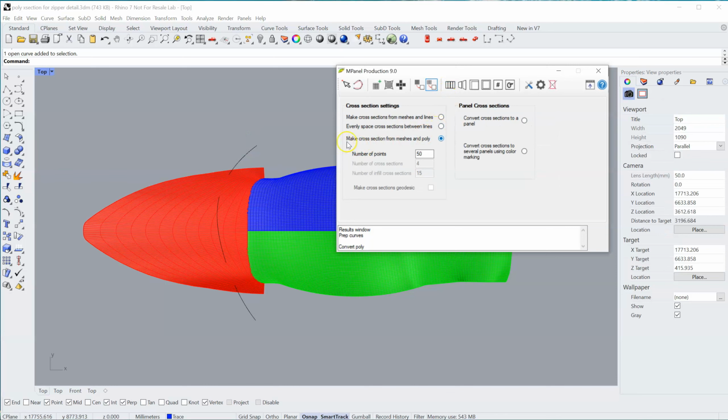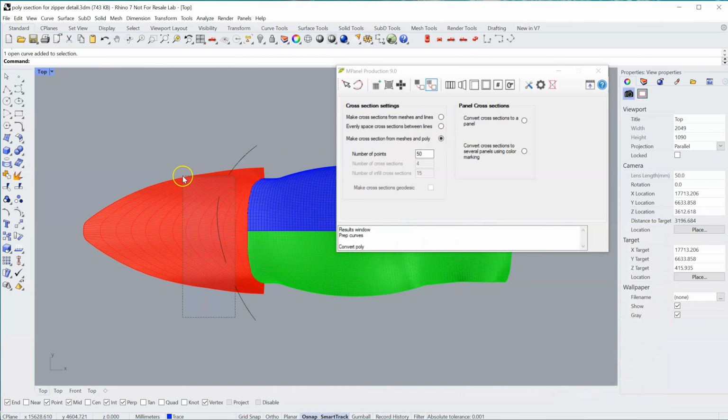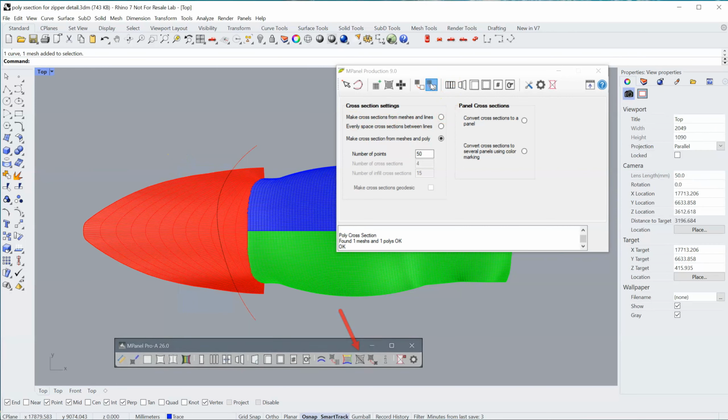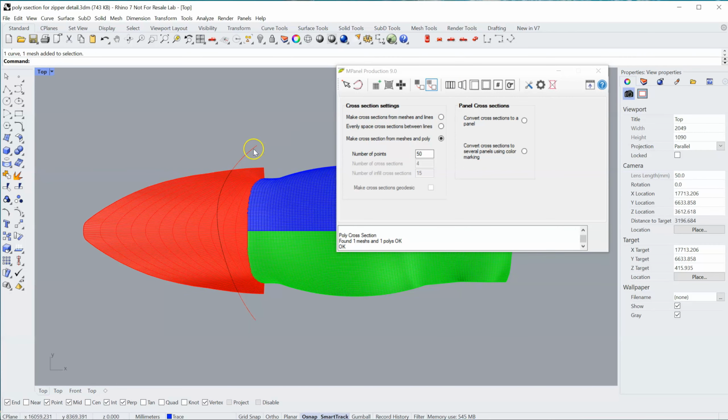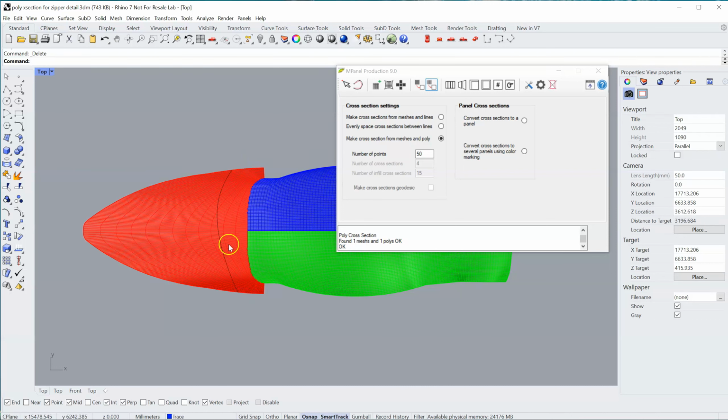We're then going to use the new tool in version 9 to make a cross section from a poly. So we select the mesh and the poly and run the tool. Now we can delete the original cut line and we're now left with a perfect detail that follows the surface